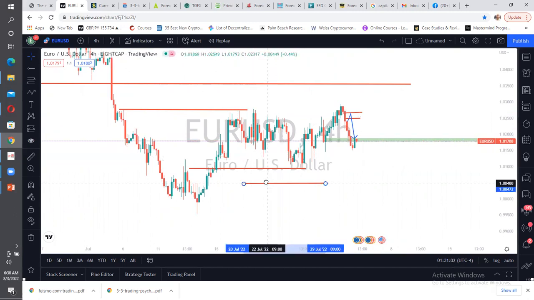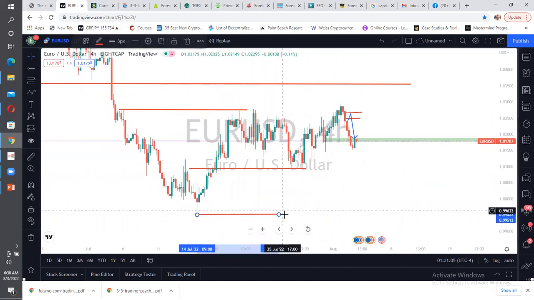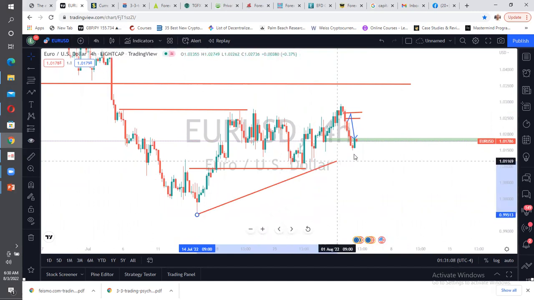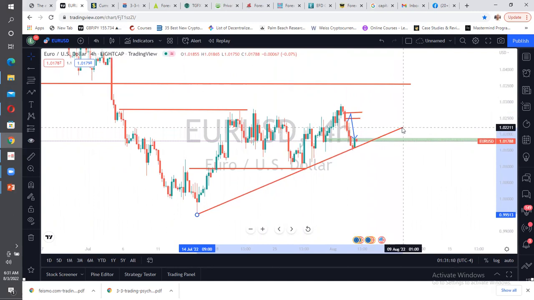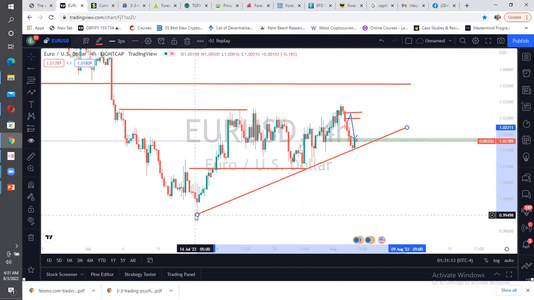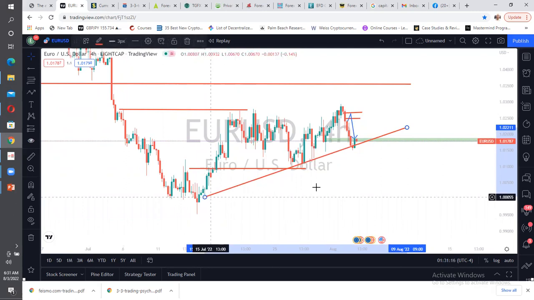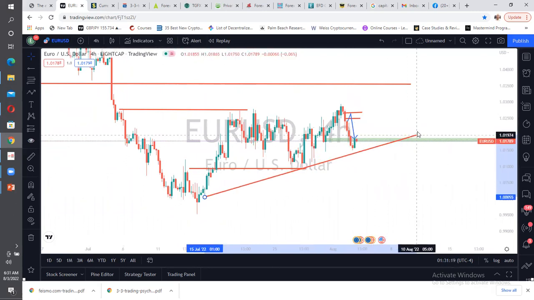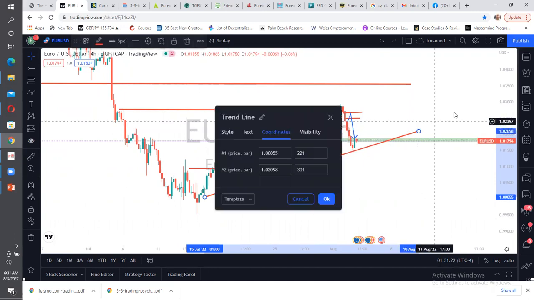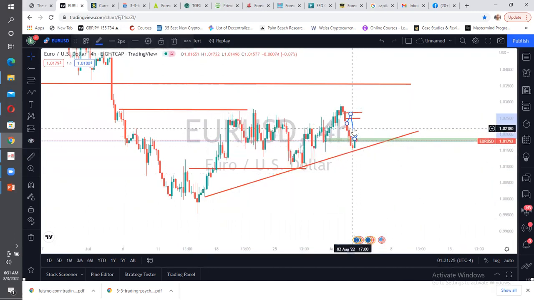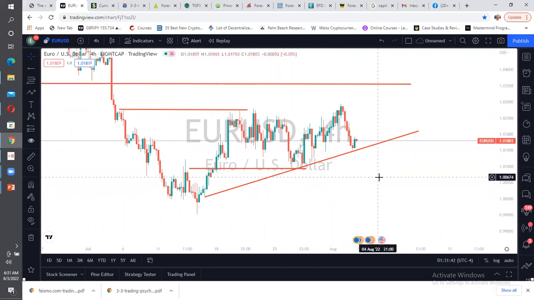So I'm taking this out. We'll have liquidity resting here that we would like to see them flush. It's a trend line liquidity. I'm picking it from this level. It's a trend line liquidity. I would like to see them flush. So I'm taking on this. So what are we looking at now?